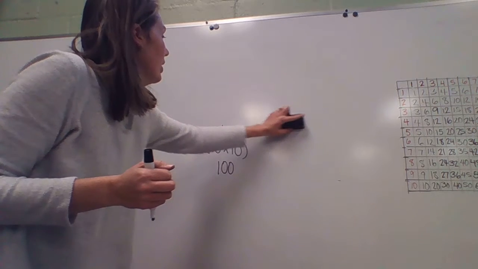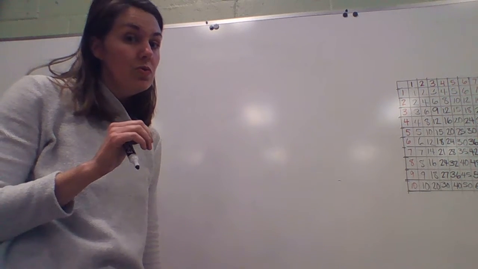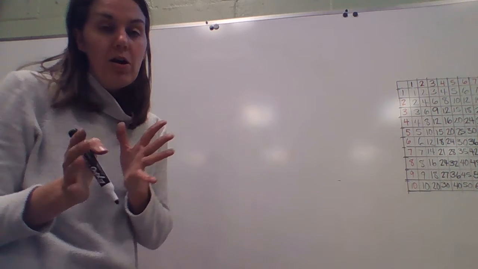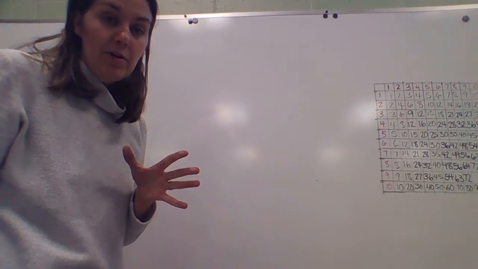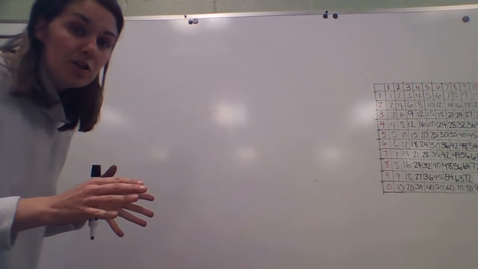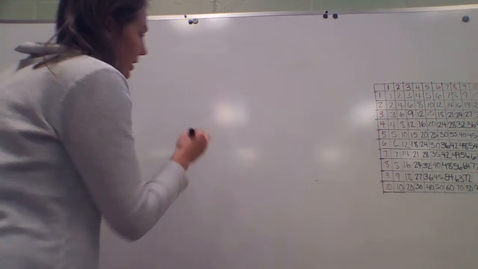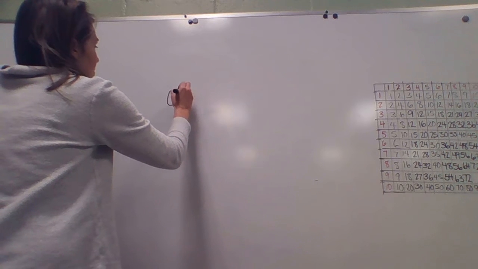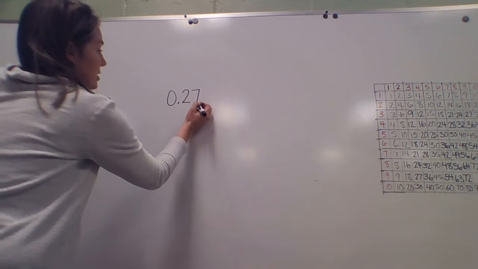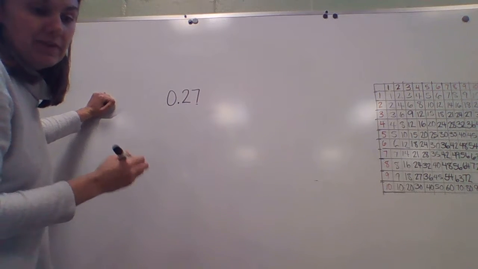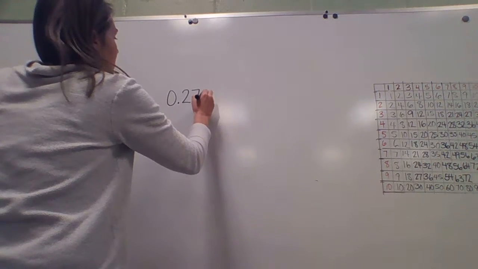Okay, what I would like for you to do is to go ahead and do the ones in the second column. Do those on your own, pause the video, and then come back to check your work. Okay, so now that you have unpaused your video and you've already completed the next 4 problems, let's go back and check. So you have 0.27, or remember that's like 27 hundredths, because we always talk about it in terms of what the last place value is. So 27 hundredths, I'm going to multiply that by